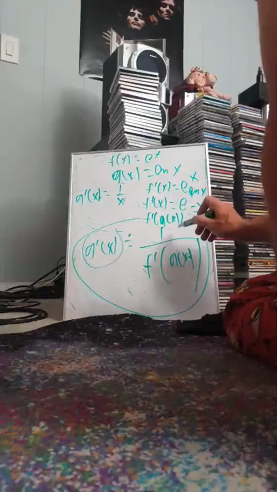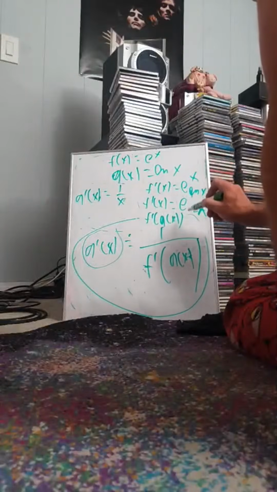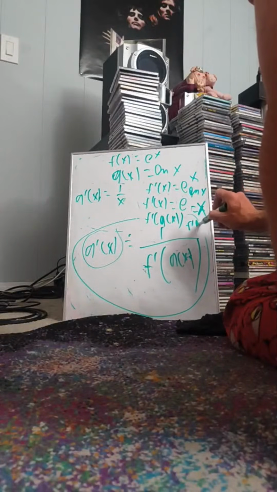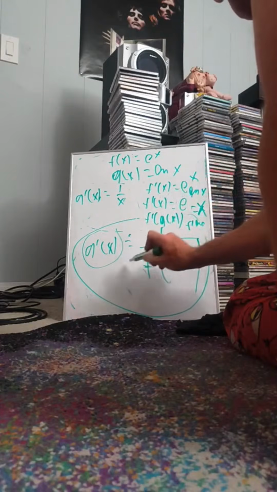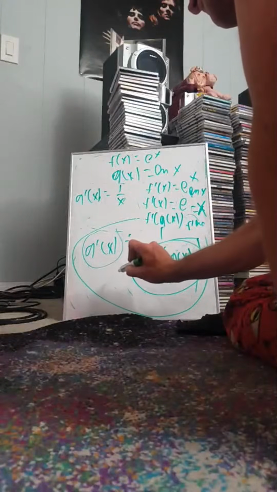And f prime of g of x is f prime of logarithm of x. So this much here is